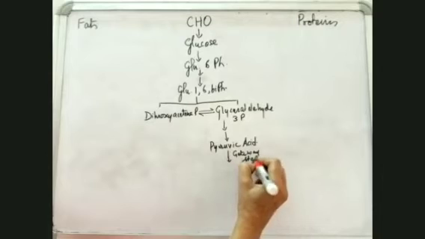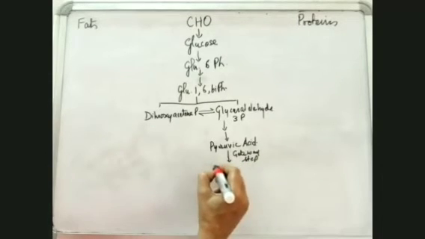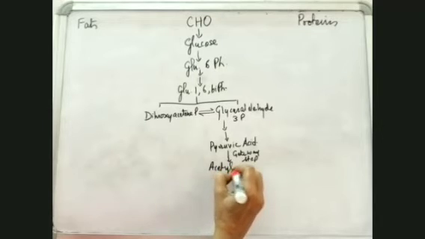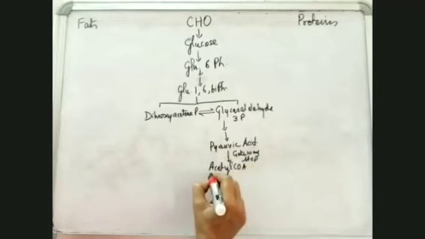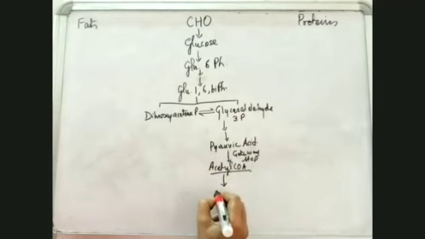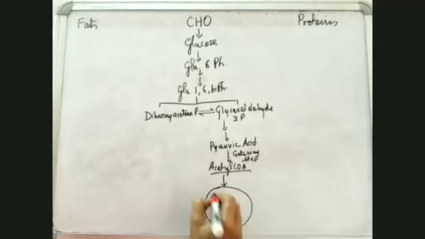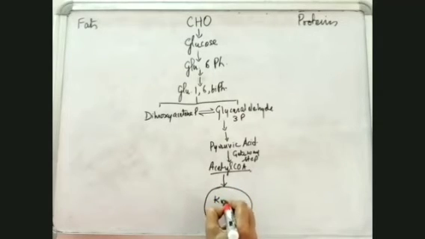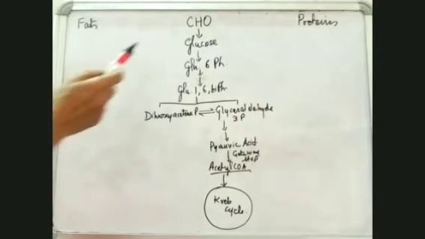And as a result of this gateway step, acetyl coenzyme A is formed, and this acetyl coenzyme A then enters the Krebs cycle, if you remember. So the Krebs cycle took place here, which resulted in the production of ATPs. Okay, 24 ATPs. So this is how the complete cycle took place from here to here.